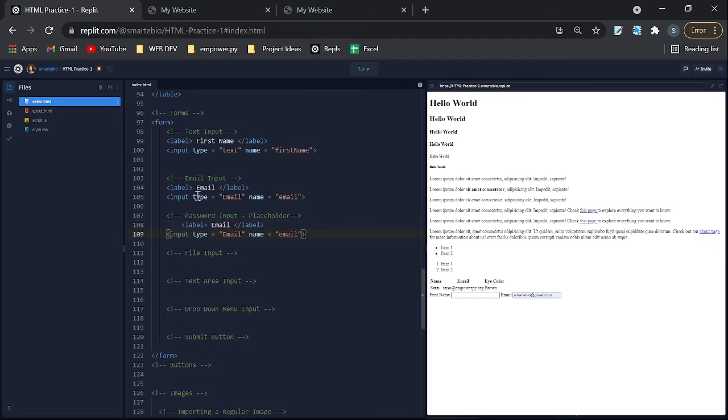is a password input, and I'm going to show you a quick trick of using placeholders. So in this case, we're going to do password. We are also going to change the type, and we're going to set it equal to password, all lowercase. So let's do that, password,